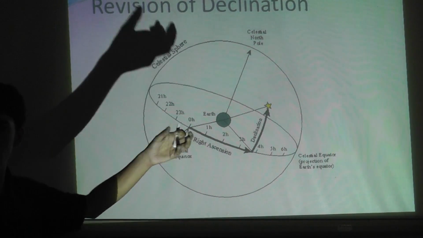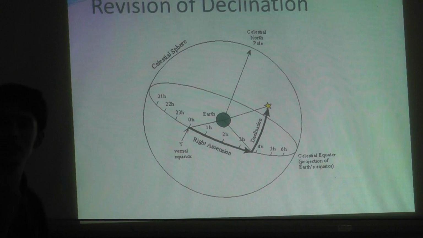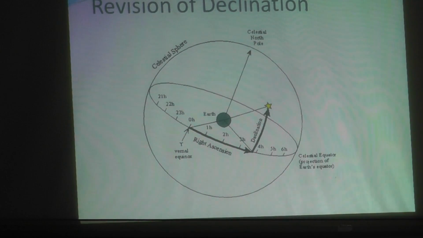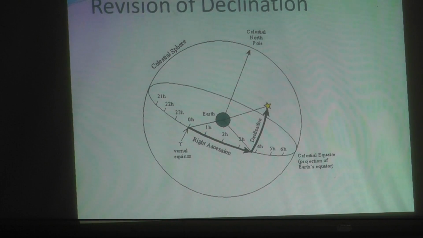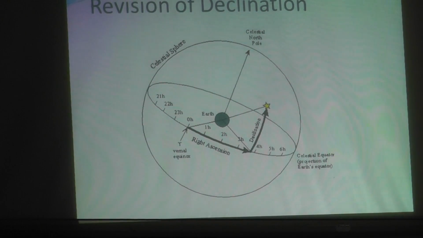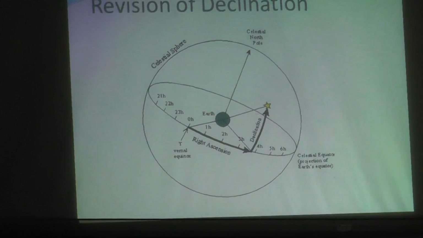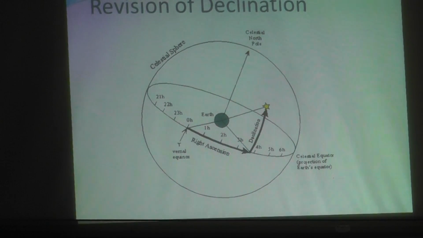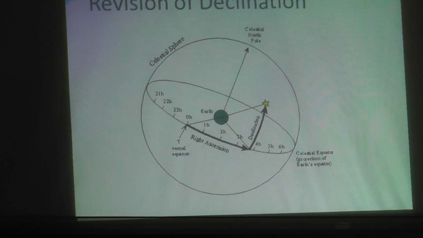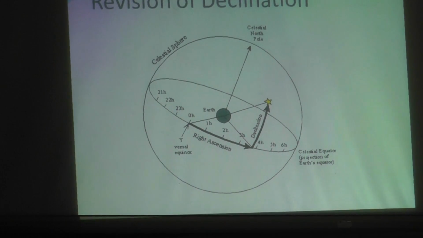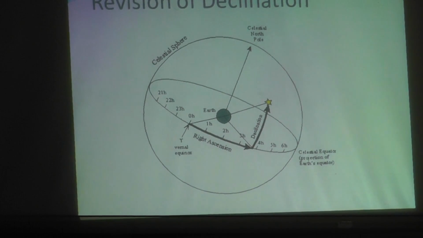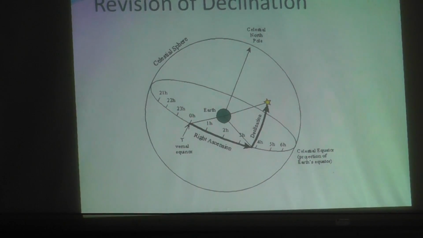These RA and Dec coordinates will apparently change over a period of time due to the Earth's precession, but over a few years, or maybe even a few decades, the change is small enough to ignore. This is as seen from outside the sphere, so you have to come out of this perspective. That is why, when she asked about the stars, it is just from our perspective, our frame of reference.